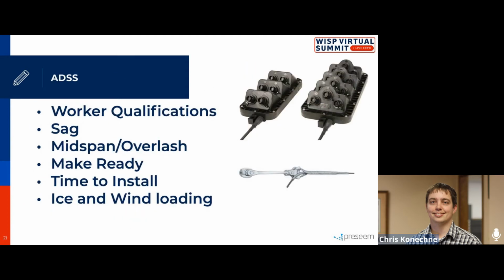You hear the term ADSS a lot. If you're not familiar, it's all dielectric self-supporting cable. This is a fiber cable that is encased in Kevlar, or different manufacturers have different proprietary terms, but basically there's a non-metallic woven material that acts as a strength member. So any time that you cut that cable, you need to support it in order to take the weight of that cable. This can be a very, very cost-effective solution,